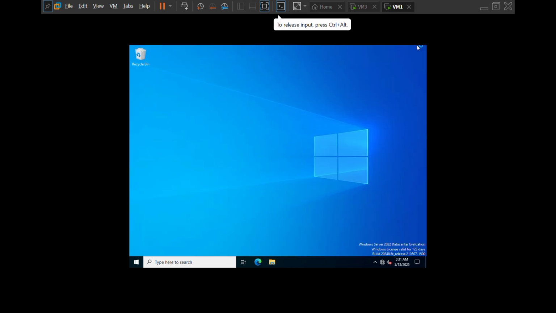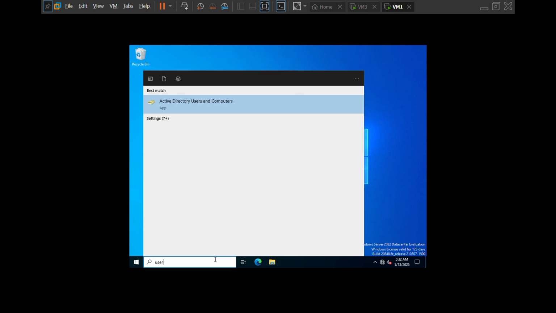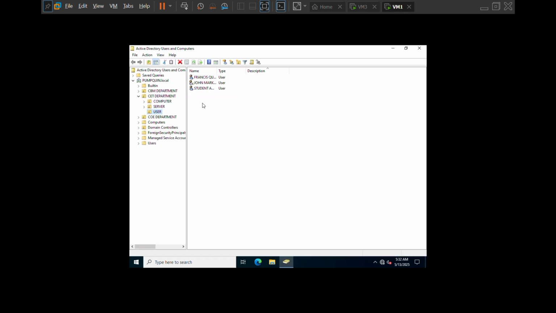Next, I open Active Directory Users and Computers, as you can see here, to manage the accounts. I disable the unused accounts. As you can see here, I already have three accounts which we can use.